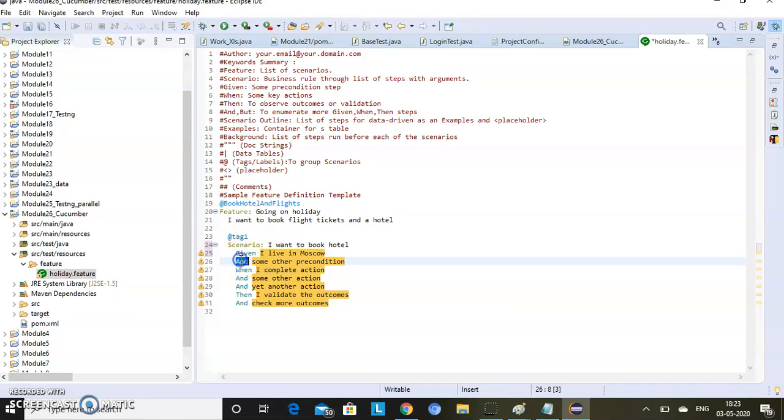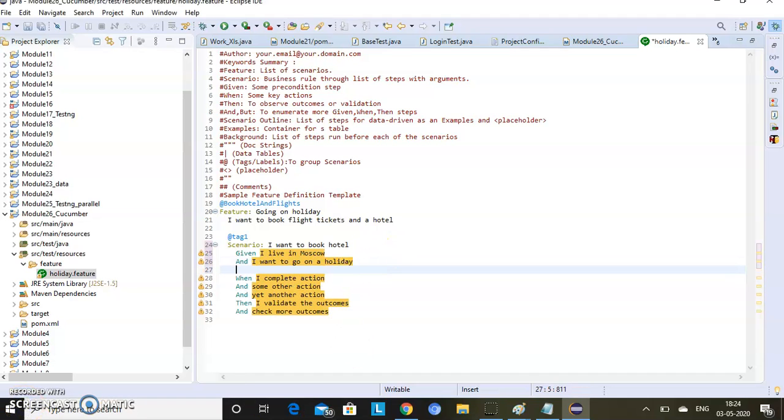Okay, this is a precondition I already have. And here, "and" means some other precondition. In the same way we have and. So there is one more condition that I want to go on a holiday. Getting the things?